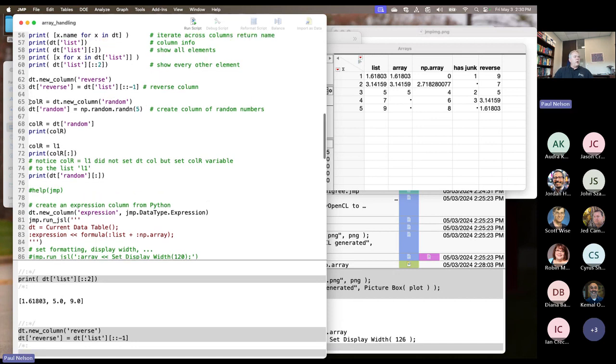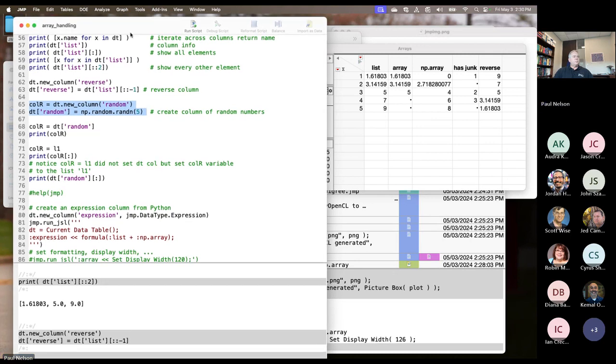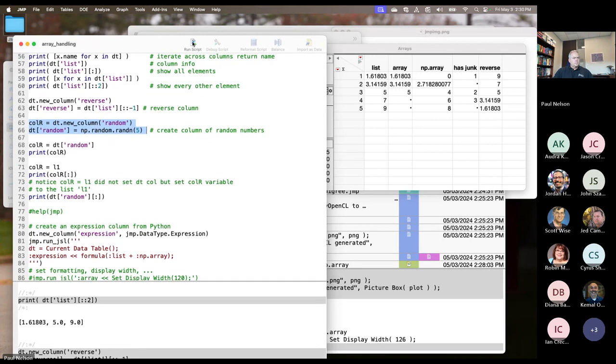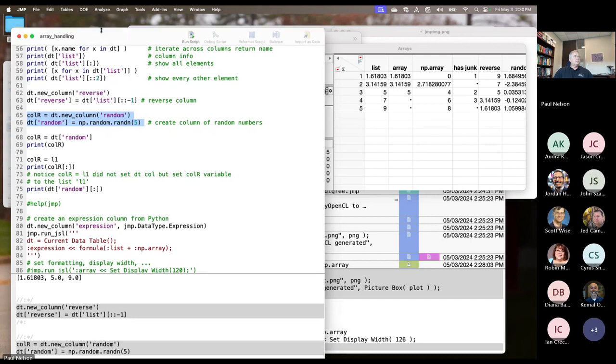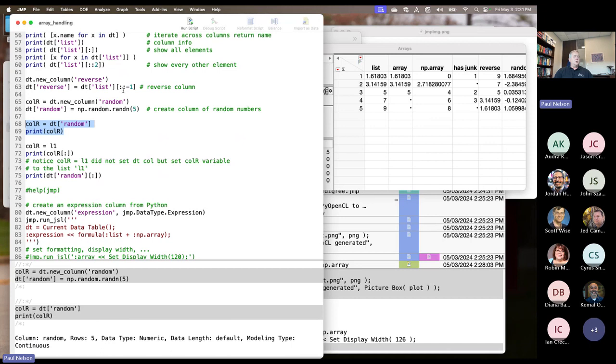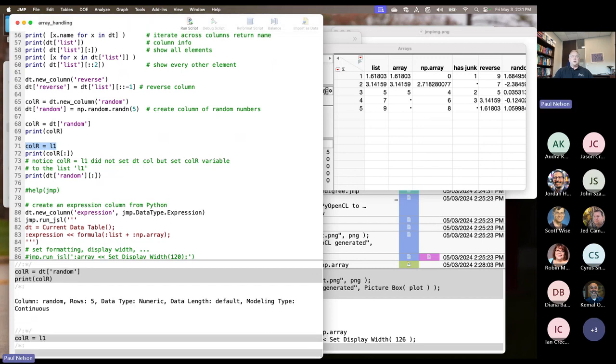And let's see, we can create a new column, fill it with random values. Now here, we can assign the column to a variable, and that's a column variable, but it's just a variable, because if we assign L1 to col, we are not assigning it to the table. We are assigning the list to